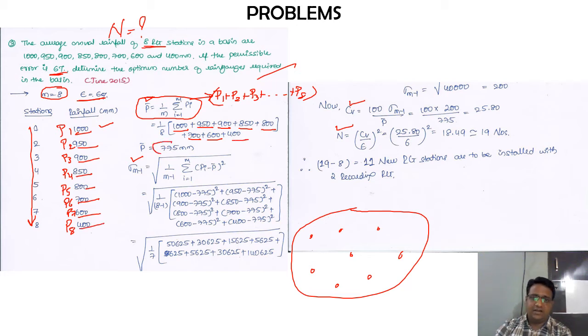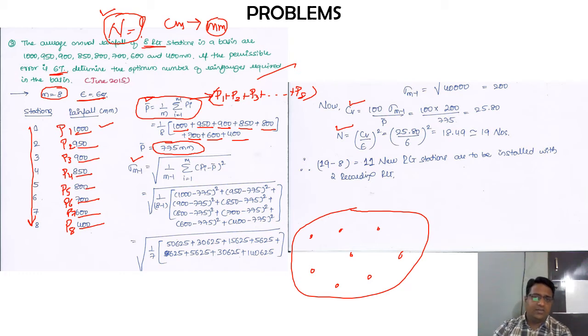If you do the calculation, ultimately you are going to get 775 millimeters. Irrespective of the unit, in the previous two cases the unit was centimeters, and here the unit is millimeters. No conversion factor will be used, because whether it is centimeters or millimeters, your entire calculation will be on the same lines, and ultimately this value of n is unitless. So you will not face any difficulties whenever the units of precipitation measurement change, only for this first type of problem we are discussing right now.